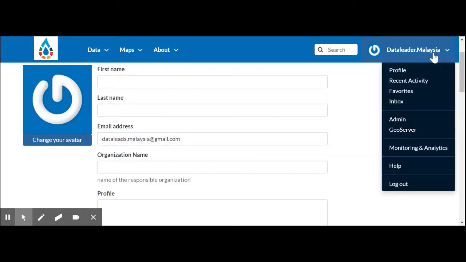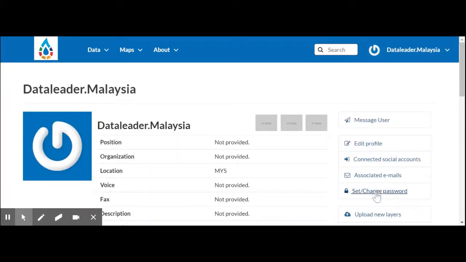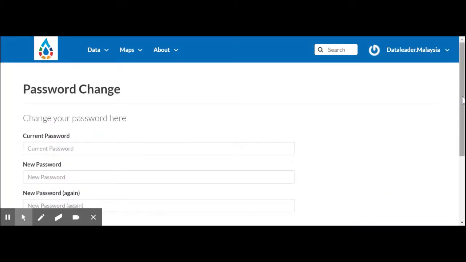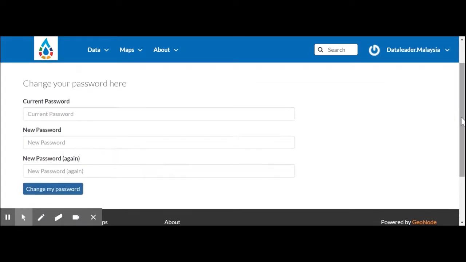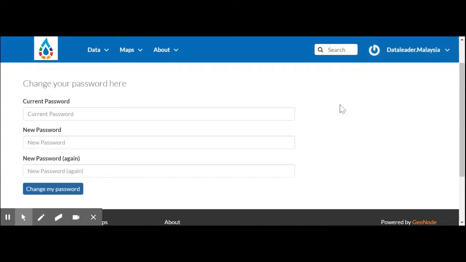After you update your profile, click again on the profile and then change your password, because I provided all of you a simple password, and I would ask you to change it and then save it somewhere, write it somewhere, so you can share this password with all the other data leads or the nominee people who will be responsible for updating or uploading the layers into the platform. And then after you save your changes,